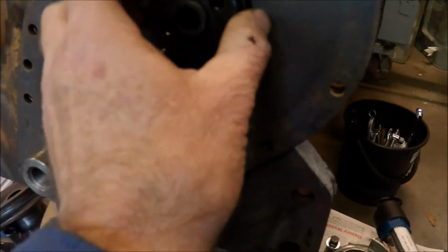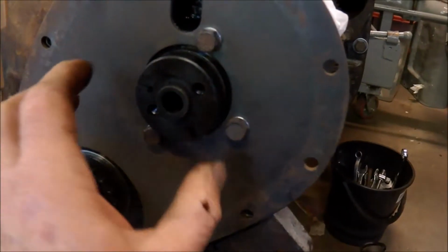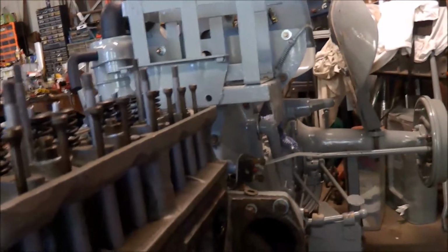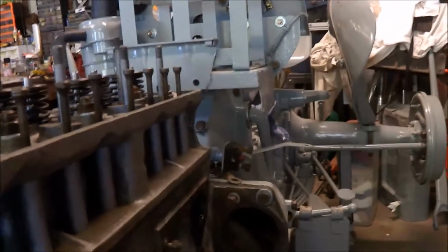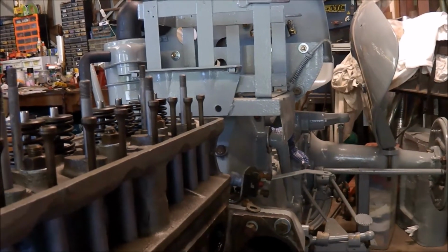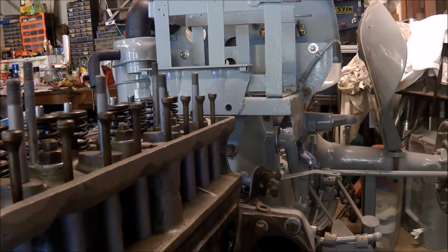Now, to make sure I've got the camshaft in the right position, the manual tells you that when these marks are lined up, exhaust valve number 4 and inlet number 4, one should be just opening and one closing. So what I did was to turn the camshaft here until those two, and you might be able to see them just moving. There, the inlet is just starting to open, and if I take it back a bit, the exhaust was just starting to close. So in that position,